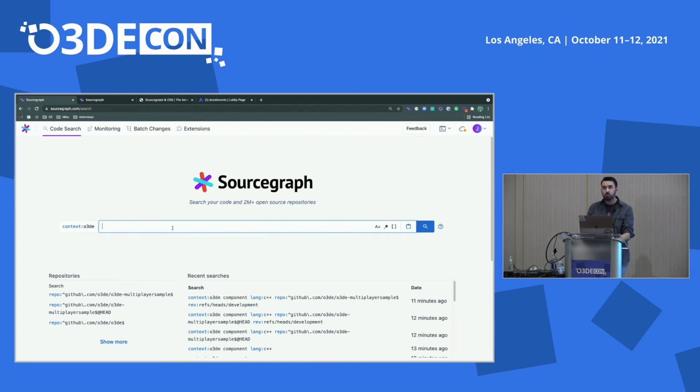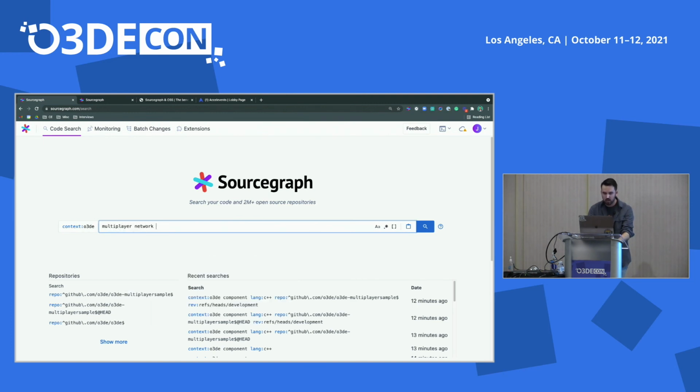I can use regular expression search in a variety of ways to help me find more advanced things, functions or components within the code base. So thinking back to that component we opened up, it was something around network multiplayer, right? I don't remember the full name of the function or the component, but what I can do is use regular expression search. So I can just type out, let's just say we want to find anything that's multiplayer